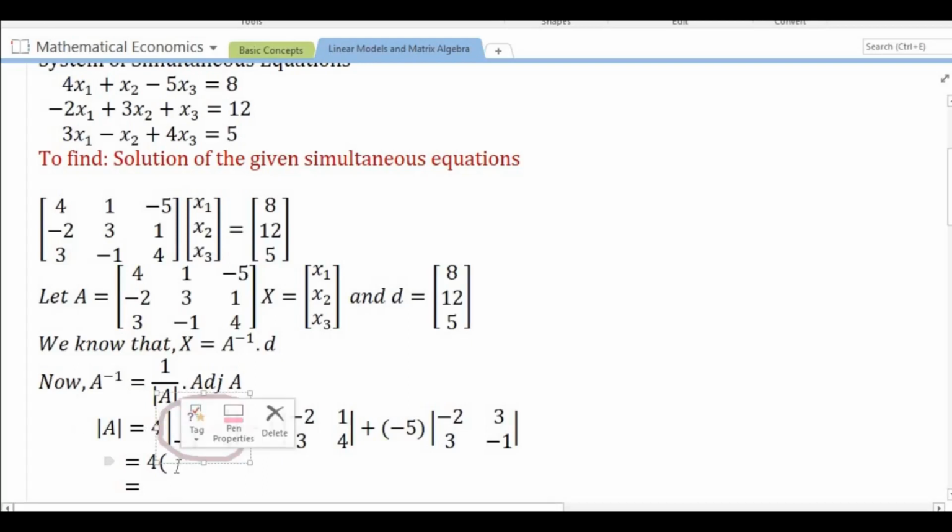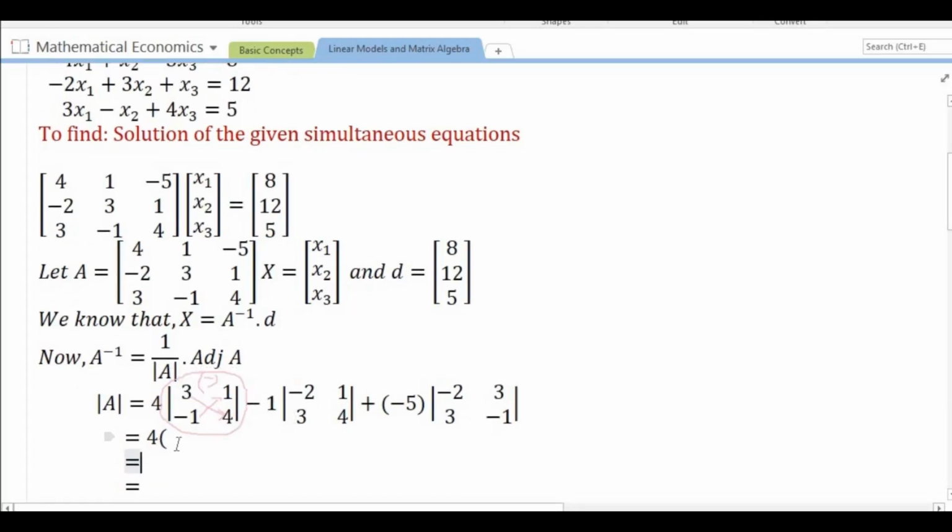Let us do it. 3 times 4 equal 12, minus in between, minus times plus is minus, let us keep that within bracket. 1 times 1 is 1, minus 1, minus times plus is minus,